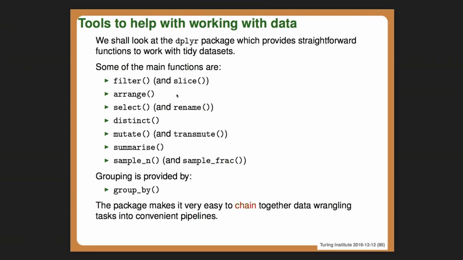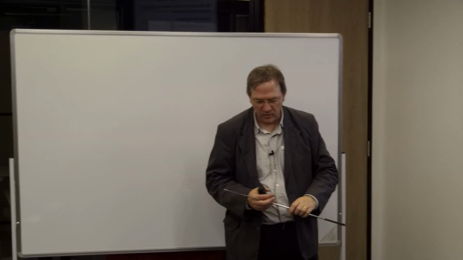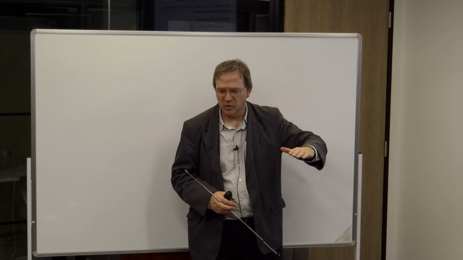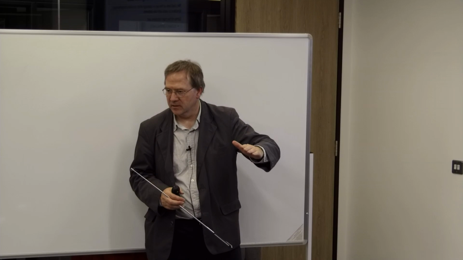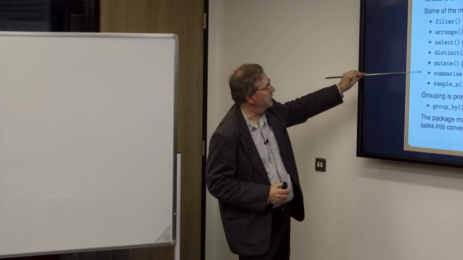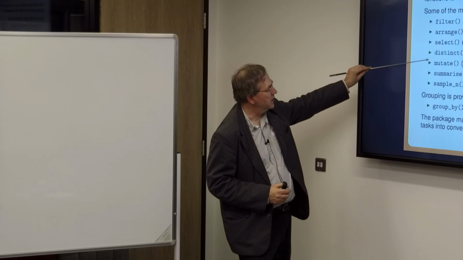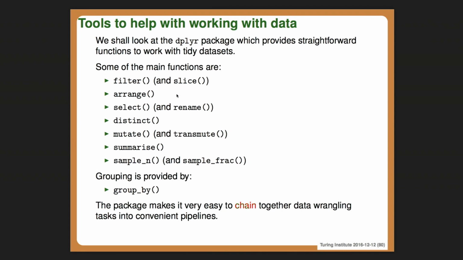And then there's a couple more. So distinct is an operation you can do on a data set which will extract just those observations for which one or more variables are distinct. Okay, so it will collapse down duplicates into just the distinct cases. And then there are 2 more which I think are really important to get familiar with, and we'll see examples of them as we go.